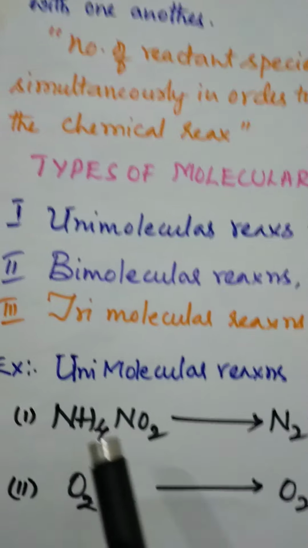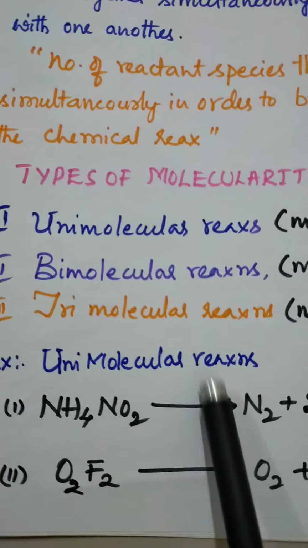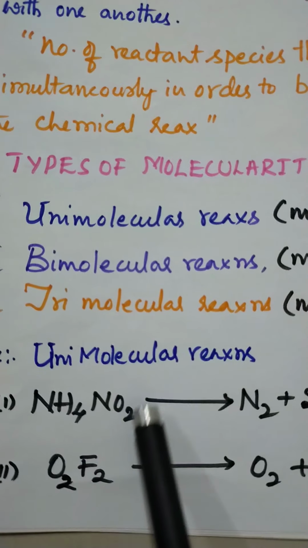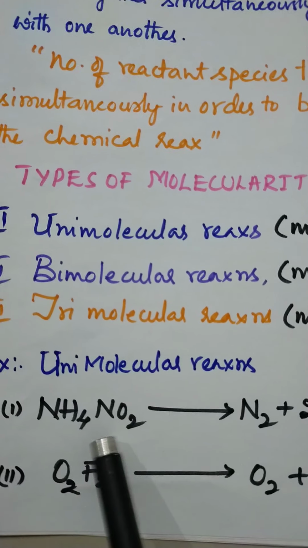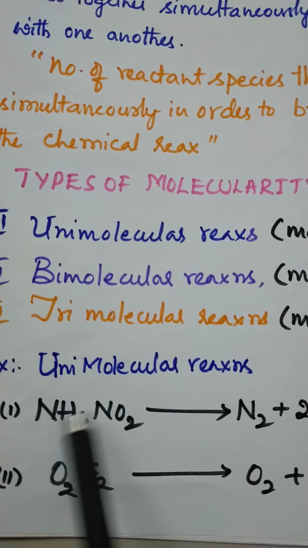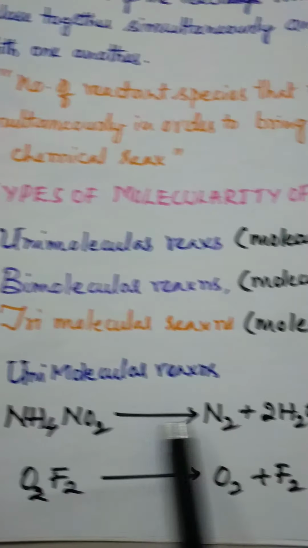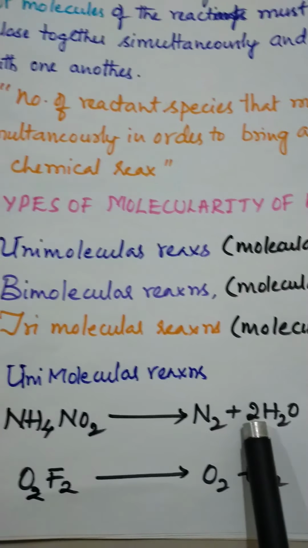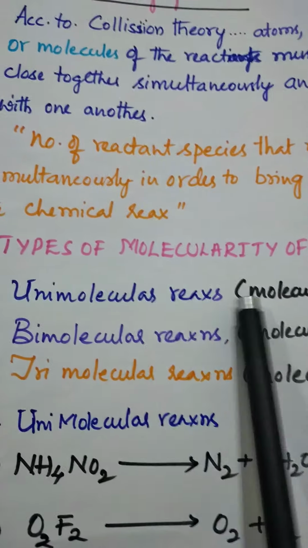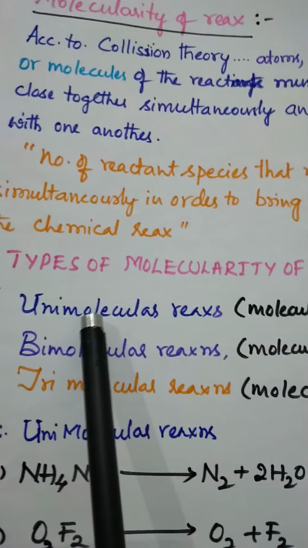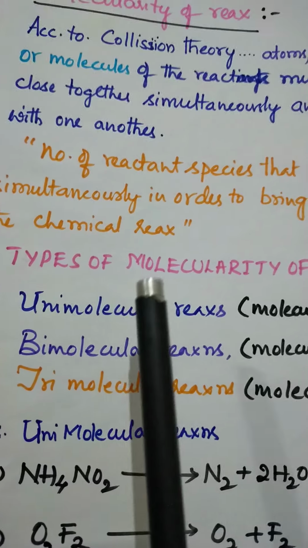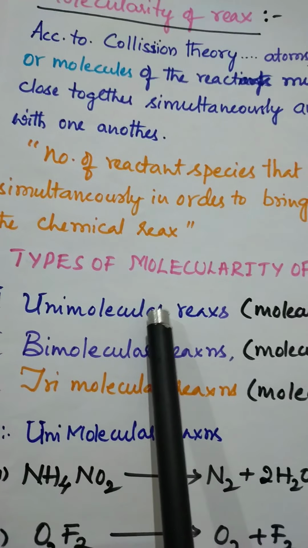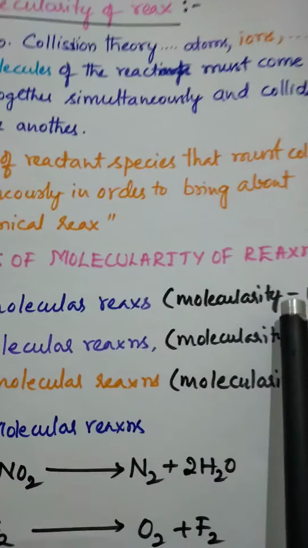Again, you come to that one here, reactions is there. Only one molecule is there, that is an ammonium nitrate. Ammonium nitrate is going to react itself and the atoms of each ion collide with each other and they form the products. So such reactions are called unimolecular reactions. Just remember, single molecule, only one molecule is present for the reaction, then molecularity is 1.